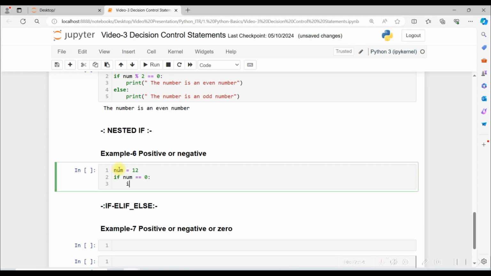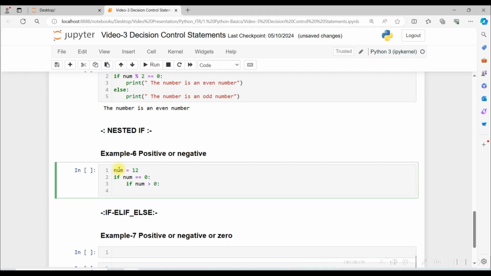So we will take another if condition under the main if condition. If num is greater than 0, print the number is a positive number,